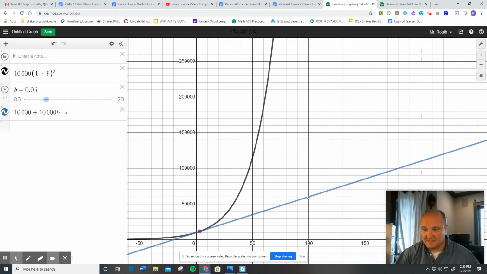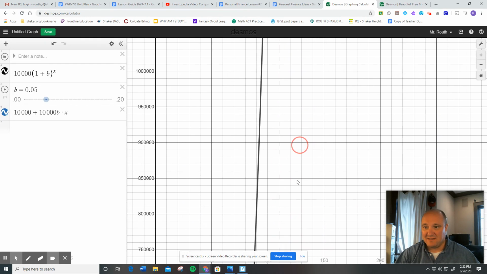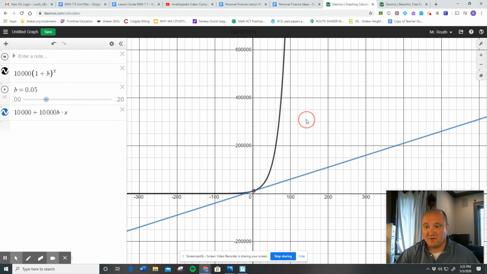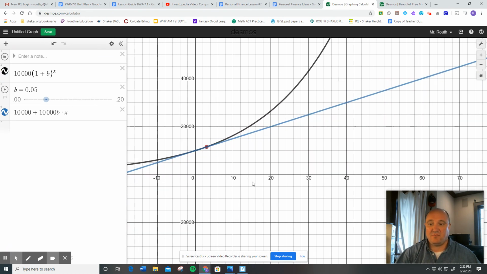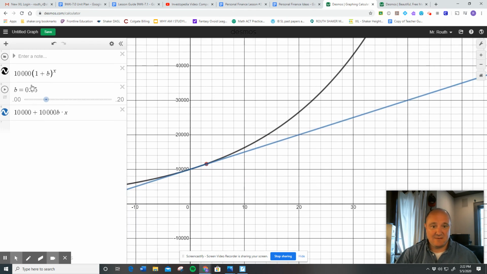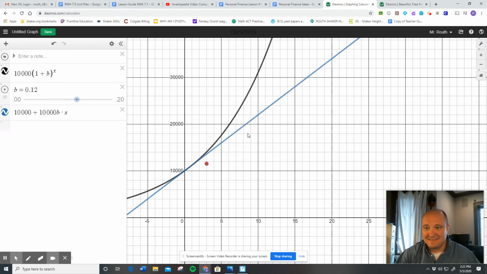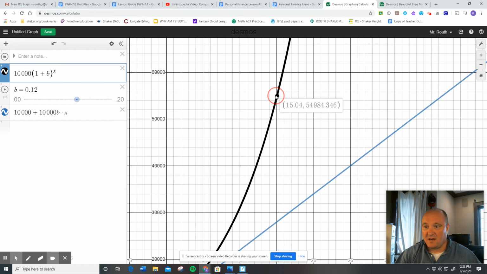You get out to 100 years and all of a sudden your simple interest has gone from $10,000 to $60,000, but your compound interest after 100 years, you're well over $1 million. So, you can start to see how this makes a real difference. But you don't necessarily have to take 40, 50, 60 years for this to make a difference if you're getting a decent interest rate. This is just a 5% interest rate, but if I go up to, let's say, a 12% interest rate, now I can see just after, let's say, 15 years with simple interest, I've gone from $10,000 to $28,000. With compound interest, I've gone up to